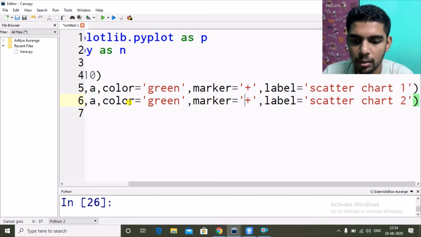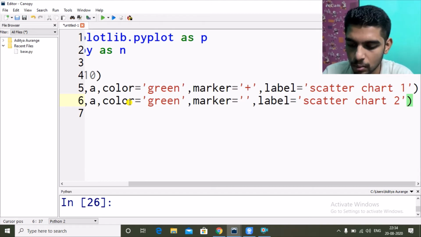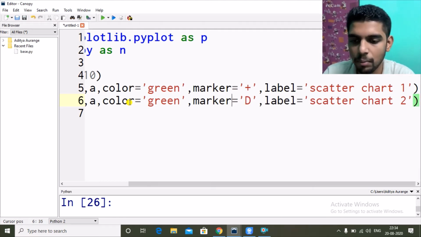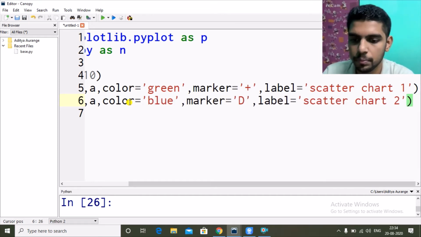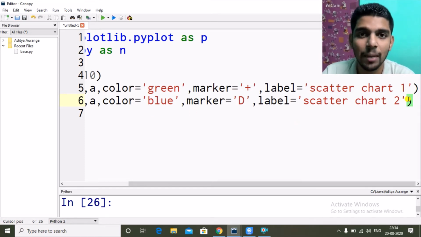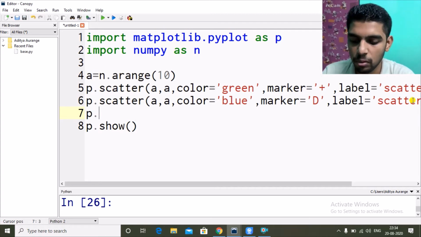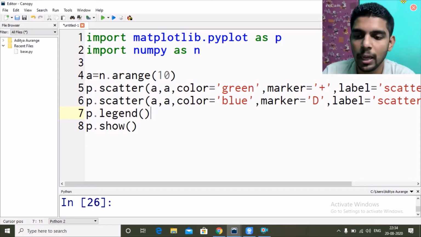Let me change it to star, or capital D, bigger diamond, and let's make it blue. Once we have assigned a label or name to the graph, we just have to use the p dot legend property to see the name in the graph. Now if I run it,